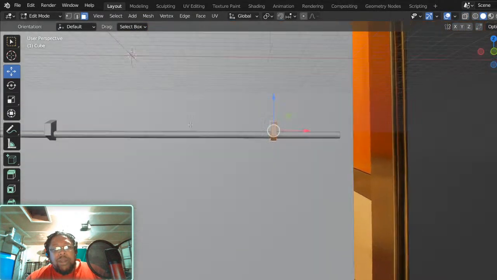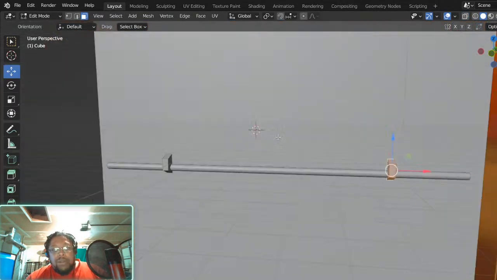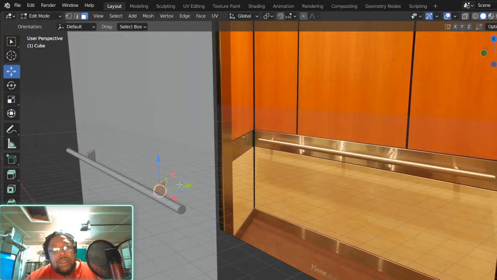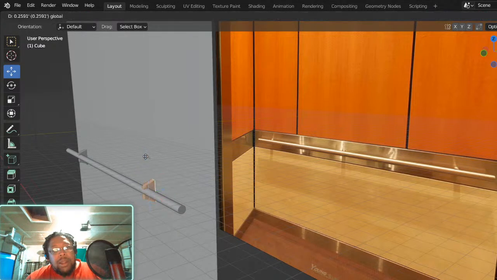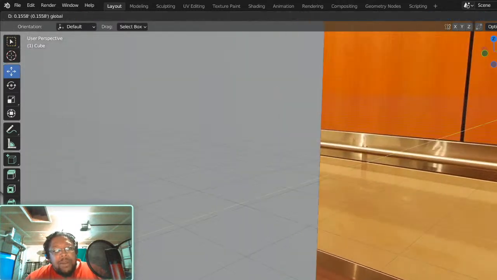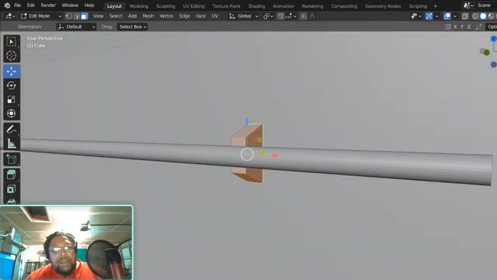Take that little X-ray thing. You know, Superman got that X-ray vision. Alright. That lined up. Now I know that I want this to kind of be in there a little bit.